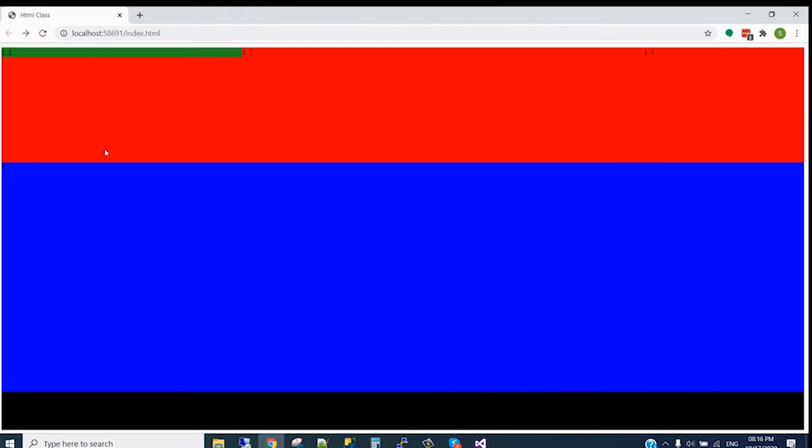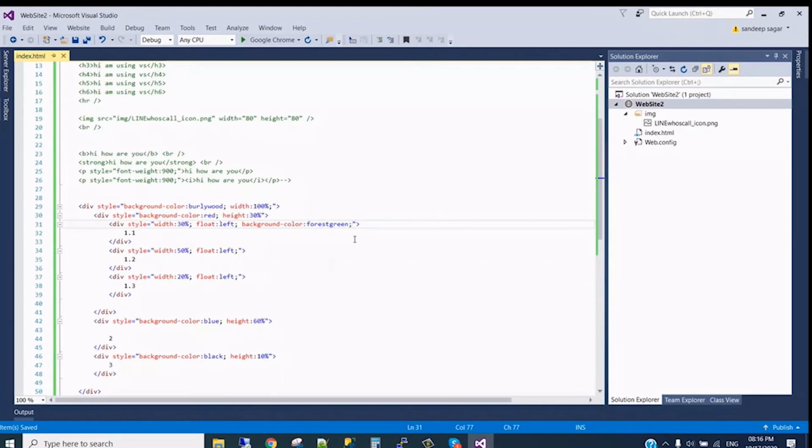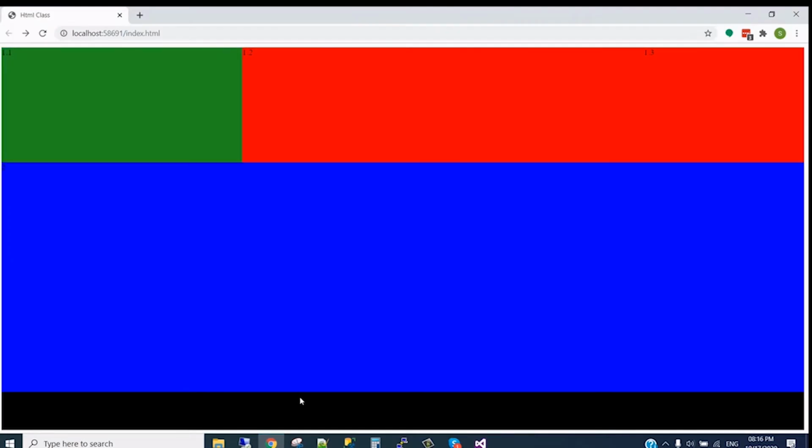First one, as we have not given any height, it is just taking the text height. Okay, if we give height also 100%, 100% of the parent div, see, it is 100%, right? So we can give second also, third also. So now our sections are divided. Whatever section we need, we can make it of the body, we can do it with the footer, we can do it with the body.